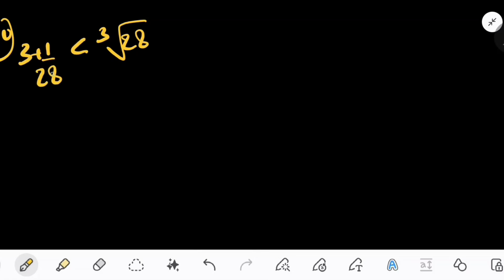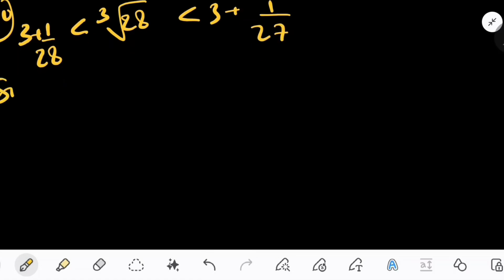So you have to prove that the cube root of 28 lies between 3 plus 1 upon 28 and 3 plus 1 upon 27. In this case you have to apply some logic, and you will be able to figure things out. You are not given any function, so you have to assume a function. Since it is the cube root of something, you will